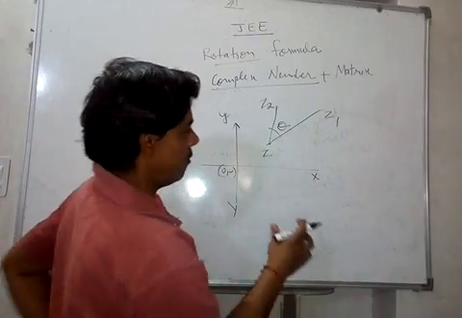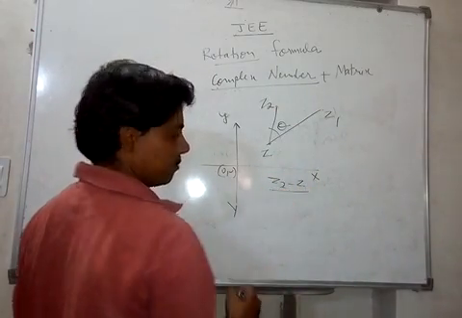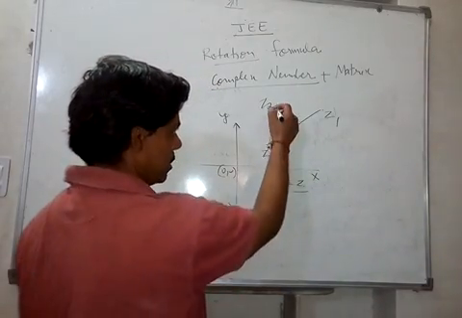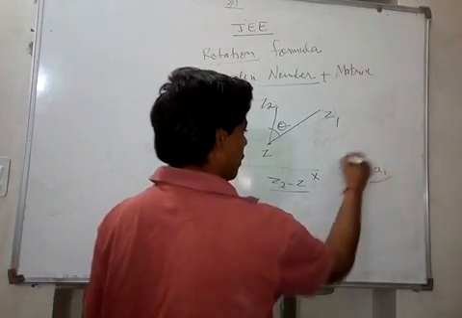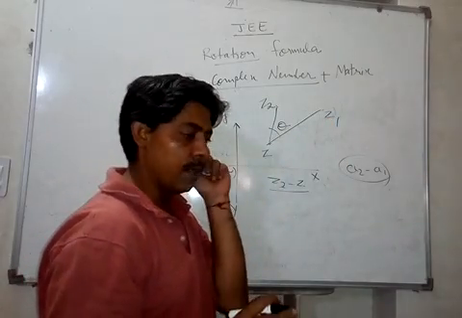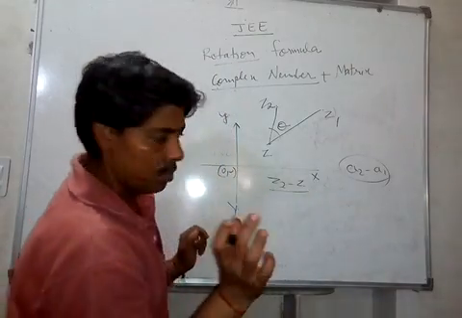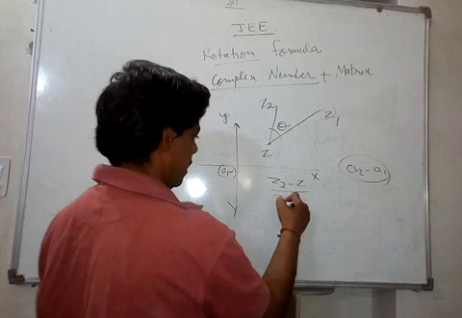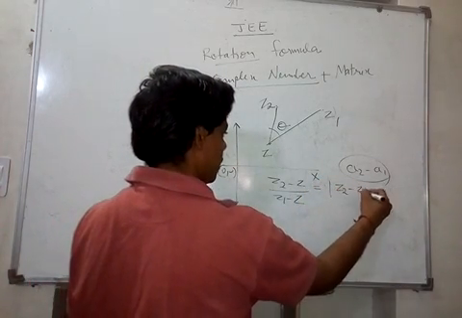First you find the magnitude of what has to be done, z2 minus z. This is the new complex number, the length, or you can say this is like a vector. So in vectors we do a2 minus a1 if they are the position vectors. So you can take them as position vectors. I'll come to that point also, but right now listen carefully. z2 minus z is the new vector here, okay, and the original vector is z1 minus z, and then you will put the mod here, z2 minus z.